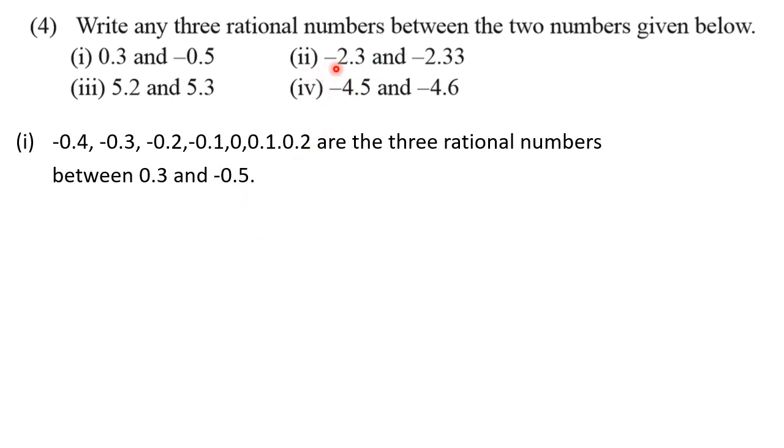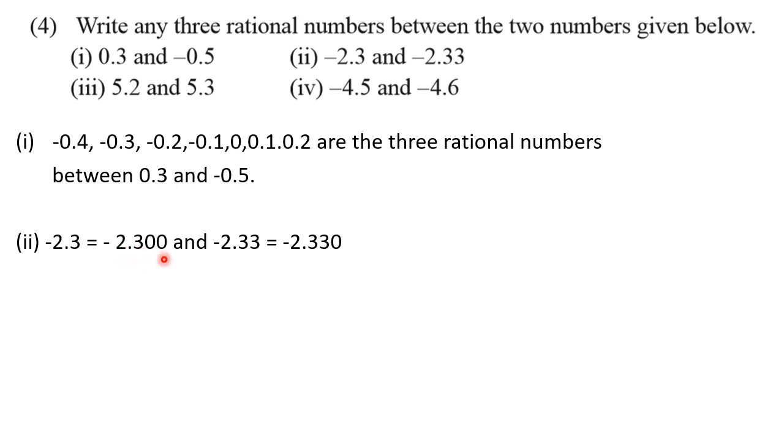That is minus 2.3 and minus 2.33. By just looking at these numbers, you can understand that minus 2.3 we can write as minus 2.30. That means 30 here and 33 here. Then in between we have only 31 and 32, so taking 1 zero will not help us. What we are going to do is express this number by writing more digits further. So this minus 2.3 I can write as minus